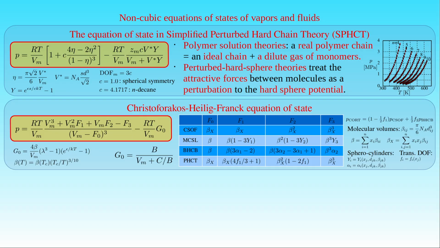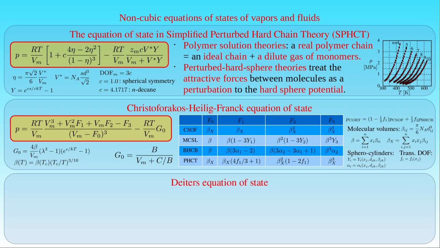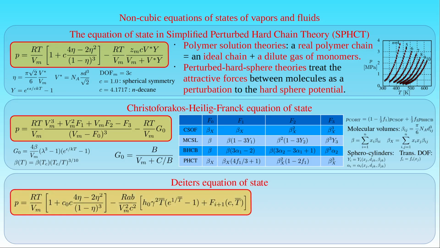The repulsion term in its equation of state can be written as the linear combination of the repulsion terms of the Carnahan-Starling 1 fluid model and the Boublik hard convex bodies model, where the coefficients are 1 minus 1 over 2 times f1 and 1 over 2 times f2. The last equation of state presented here is Dieter's equation of state, which is a semi-empirical expression with several parameters from 1982. In the repulsion term of the equation, Dieter modified the Carnahan-Starling approximation for rigid spheres with the parameter eta such that the compressibility factor derived for that part could have a better fit to experimental data by introducing